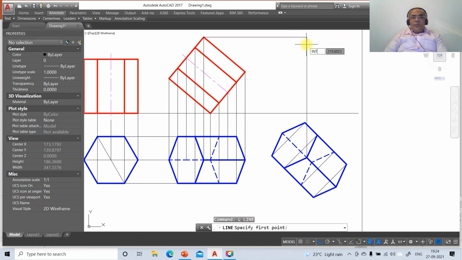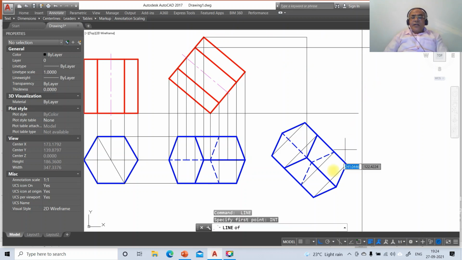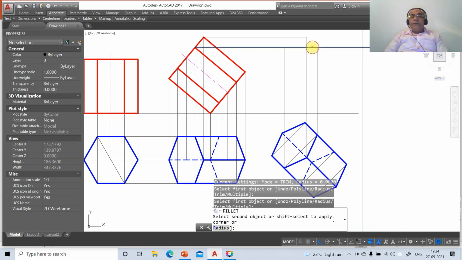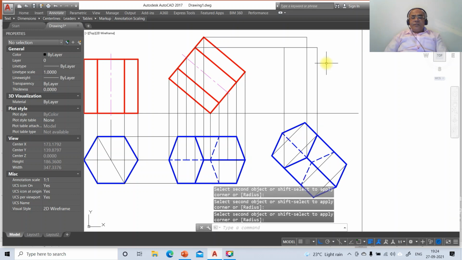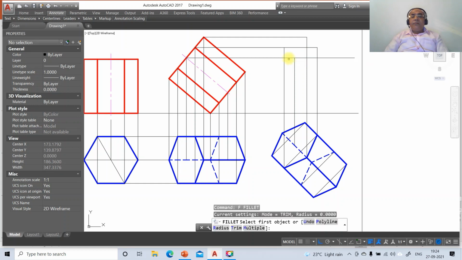Then you come down to the next one, you click on this, then go to line, take INT of this and draw perpendicular to this, then go to line, take INT of this and draw perpendicular to this, then go to fillet between these two now. Similarly, you just go to line, take intersection point of this, then go to line. Here you don't have an intersection but you have an endpoint, so you take this endpoint, take perpendicular, then go to fillet